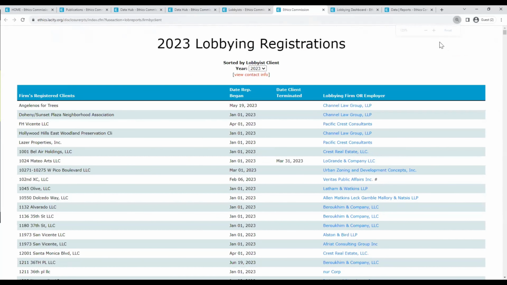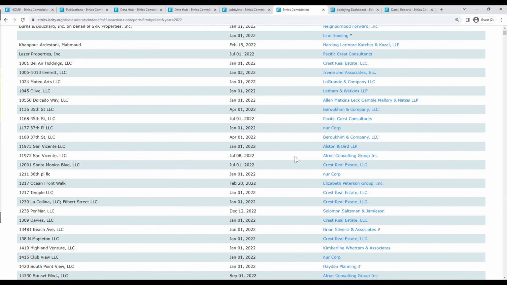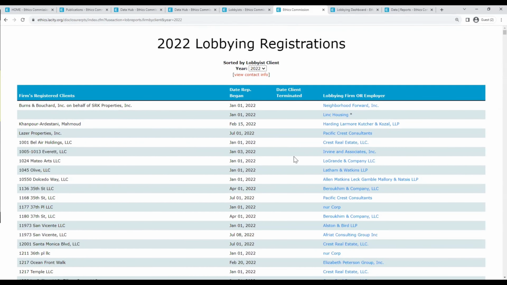So as that pulls up, as you can see, clients are broken out by year with the year drop down, and they're listed in alphabetical order. Control Find works too if you want to see a specific entity and make sure that they're registered as a client. You can also compare lists across years to see what years a lobbying entity was registered for. So now that we've covered A to Z lists, let's go to summaries,